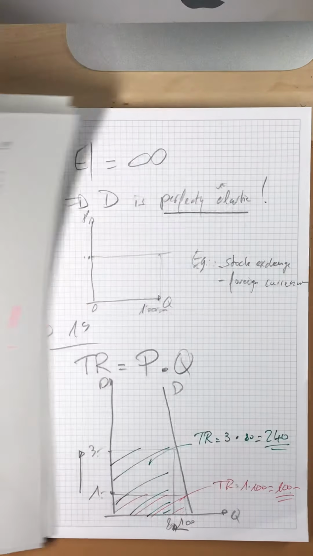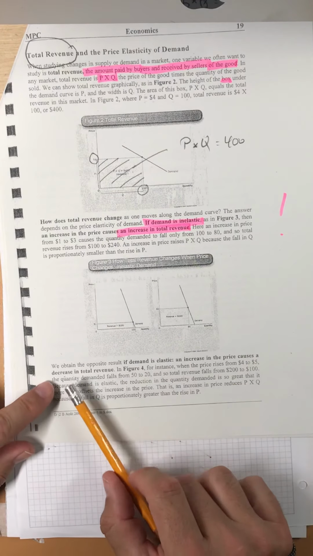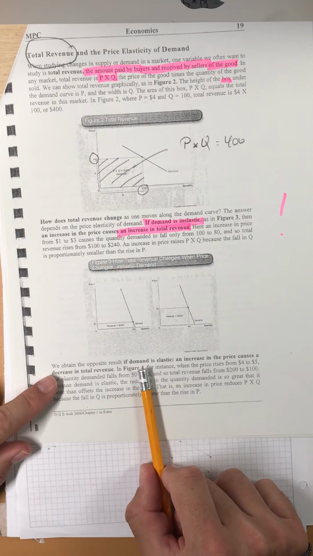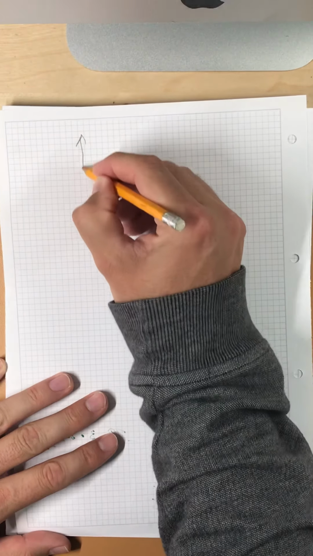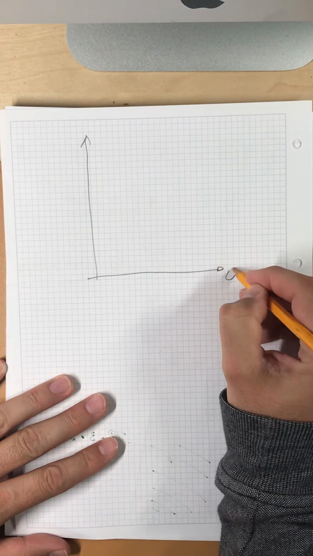And then last case today is bottom of the page 19. When we obtain the opposite result, if demand is elastic, quantity